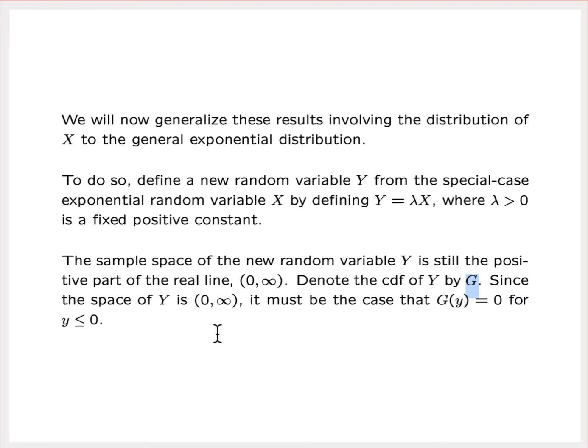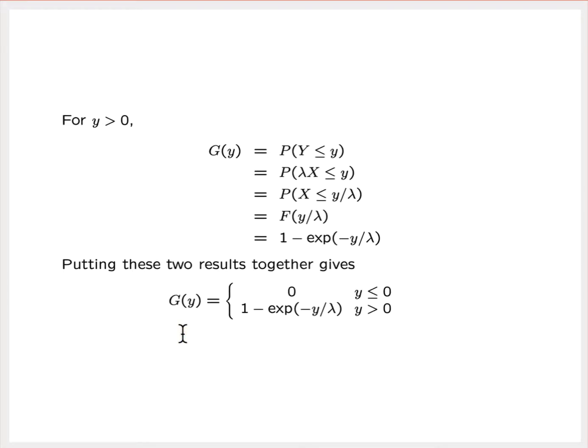Now, because the sample space of y is the positive part of the real line, by definition then, because G is a probability accumulator, it must be equal to 0 if we evaluate it at any value of y that is less than or equal to the lower boundary of that sample space. So again, we get that for free. That's basically by definition, all right? And so we know that much about the CDF. For values of y that are positive,